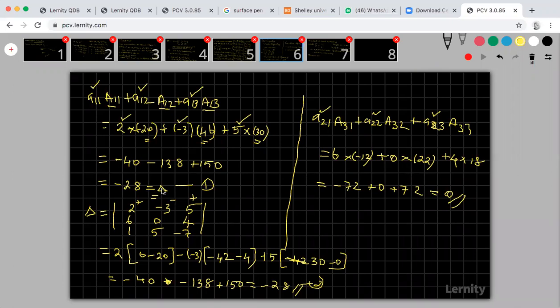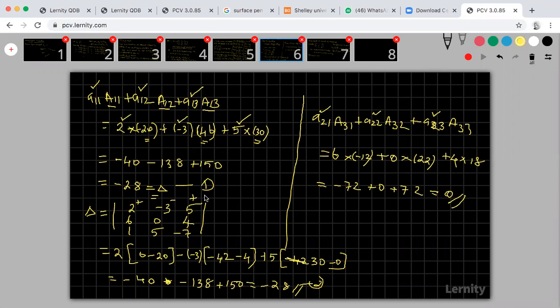So I'm going to prove that this is equal to the value of the determinant. How do we find the value of the determinant? We have 6 ways: expanding by row 1, row 2, row 3, column 1, column 2, or column 3. I'm going to use the first row. In the second row we have some 0, so use that. In the second column also we have 0, use that. Expand in any one method and you find the value of the determinant.